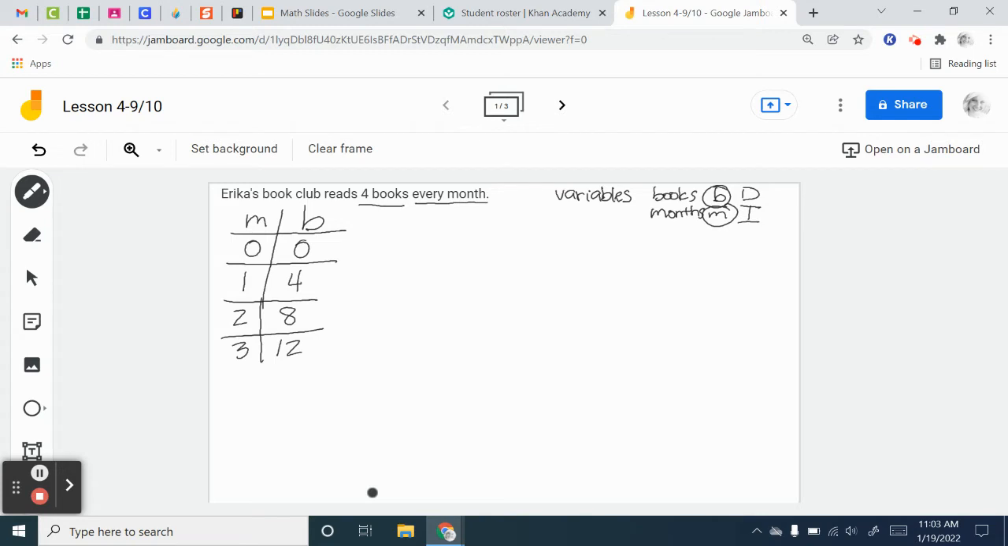So if I put that in a graph, I will always put my independent variable on the bottom. So M is going to go down here. That's the number of months. And then on this side is where I'm going to put the books. So books. All right. So I'm going to go ahead and label my graph 0, 1 month, 2 months, 3 months, 4, and then here,